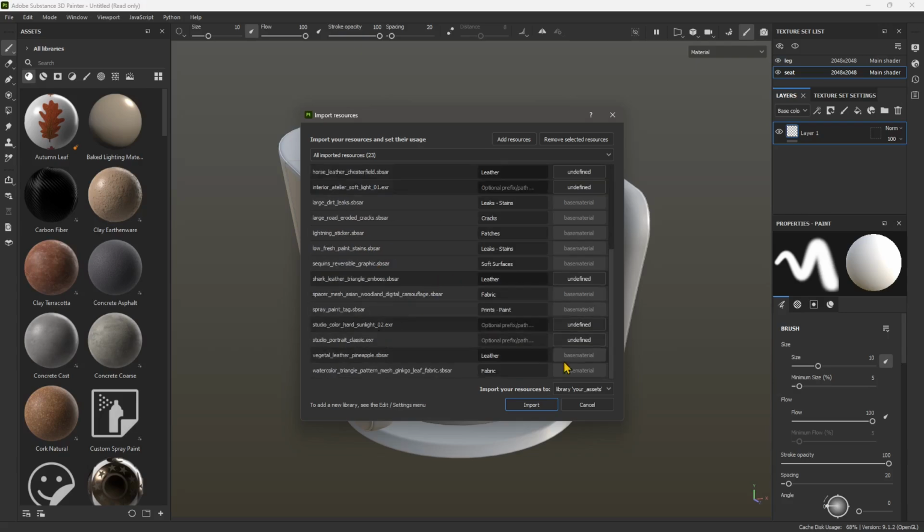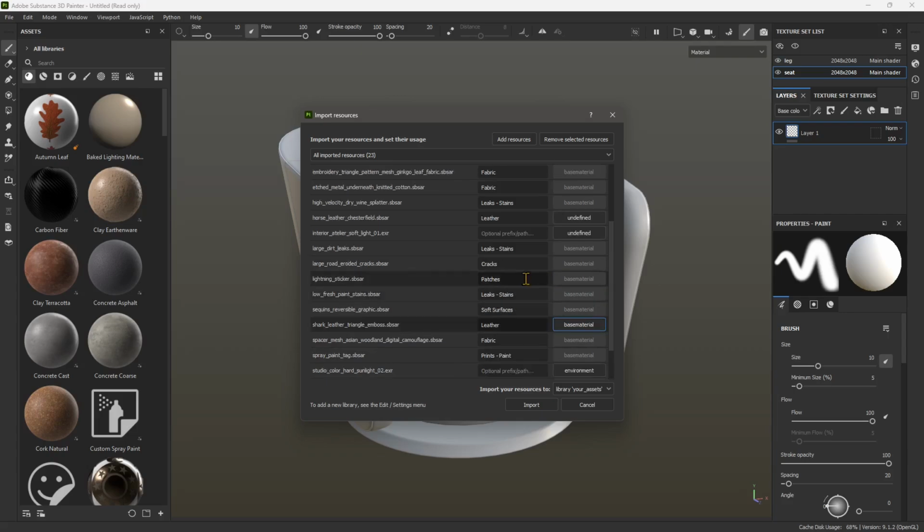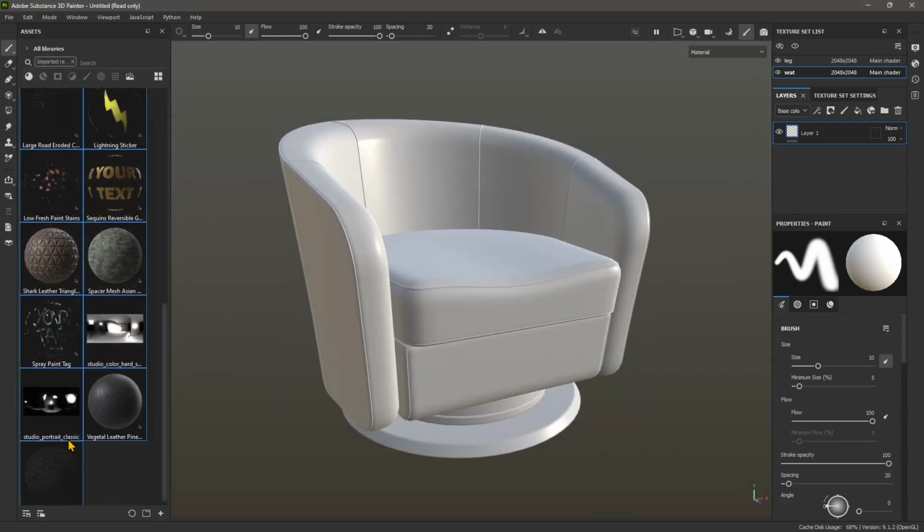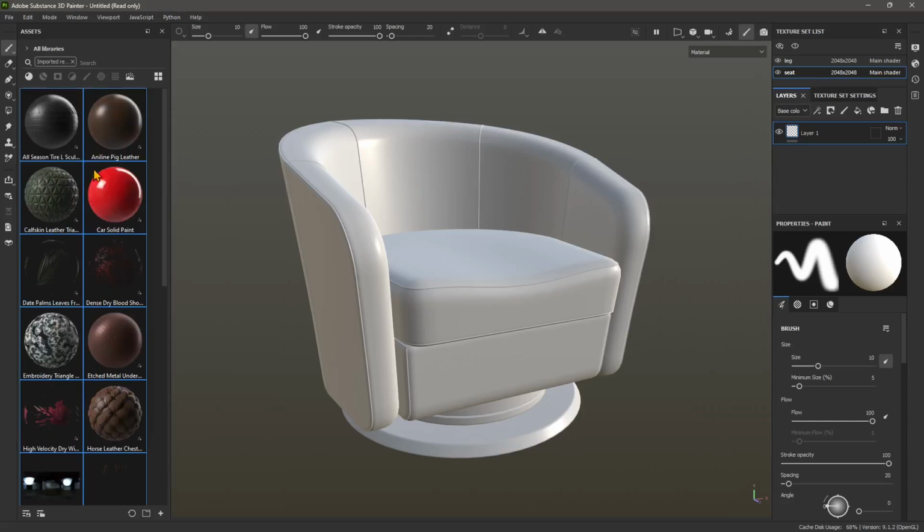Sorry, not this one, EXR. This is gonna be an environment. This one here is another environment. And then this is a texture, or could be a base material. But let's just stick to environments and base materials. So go through all of those if they're not done automatically, and that's it. So let's import and let's wait. Okay, so you can see I've imported a series of assets, and you'll find them in the marketplace. If you want, just type these names for the materials,